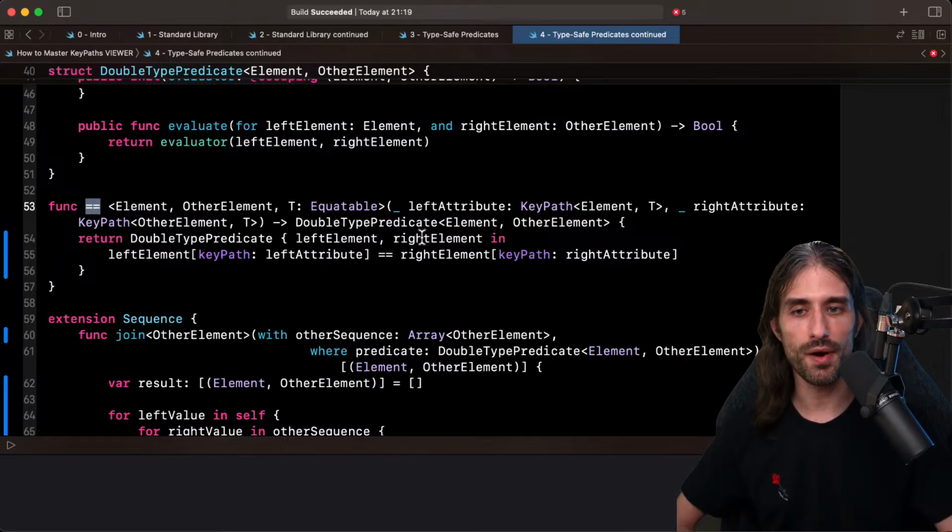And then if your operator is an infix operator, so an operator that you use in the middle of two operands, then by convention, the first argument of the function is the left-hand side, the second argument is the right-hand side, and then the return value is what the expression that your operator implements evaluates to. So it can be a bit confusing, but once you wrap your head around it, you'll see that it's purely a convention.